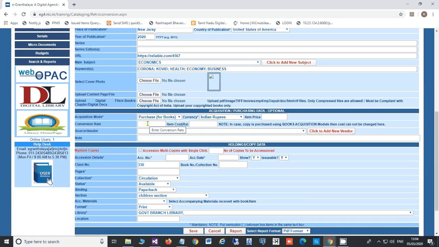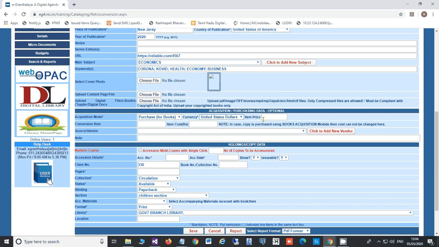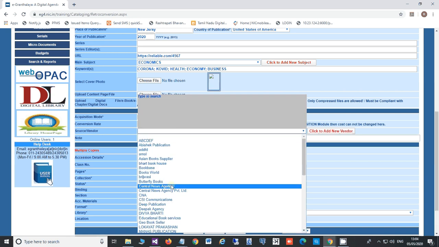Then come to the purchasing data. You need to select the currency, so $35. Put whatever rate of dollar, then press the tab button. Automatically the system will convert it. Source, from which vendor.